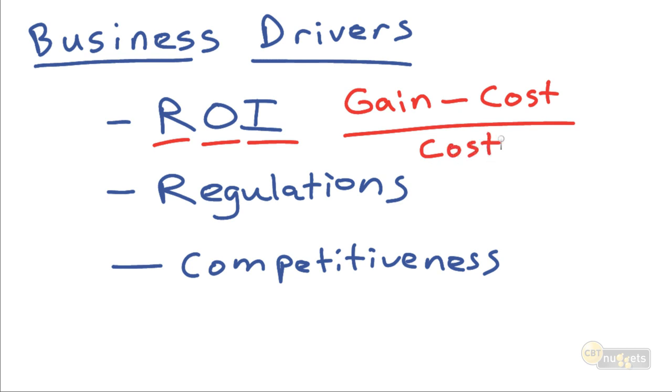So let's say you design some new technology for an organization and they determine you saved them $20,000 with that implementation, and it only cost them $5,000 to design. We divide this by that $5,000 to design, and you can see that there was a positive ROI on that